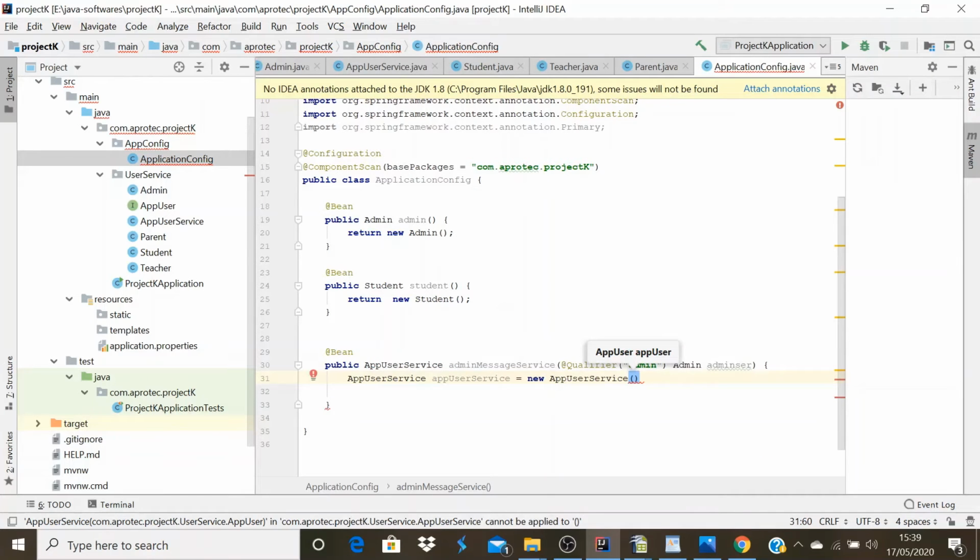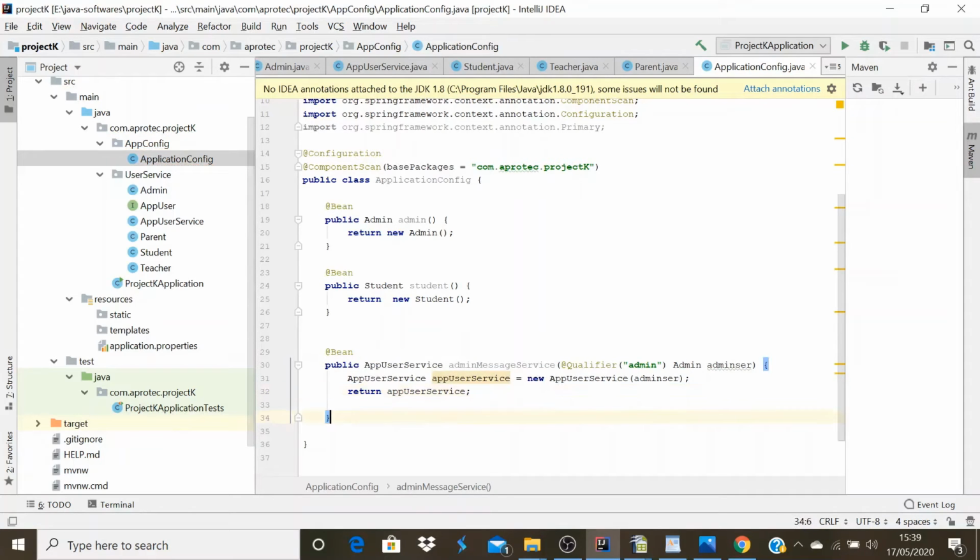I will pass adminService here. So I am injecting the admin bean there, and I will return AppUserService. And I will create a message service for student also.